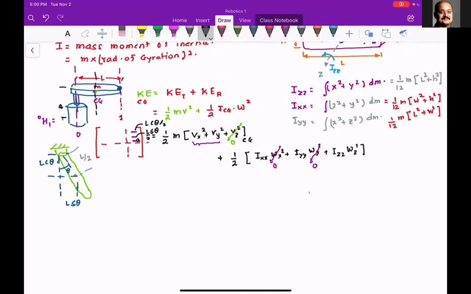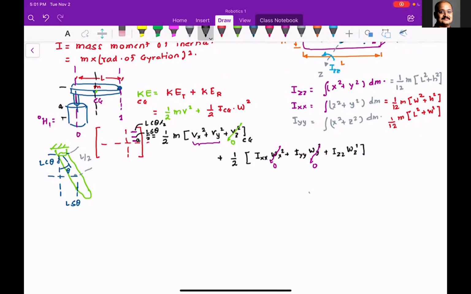For an example, in the project that you are doing, your robot arm is a very complicated shape. So what you have to do is select each body in SolidWorks, click on inertia properties, and it will give you 2 different types of inertia properties. It will give you inertia properties at the base frame, and inertia properties at the center of gravity. But then you have to make sure that the frame of reference for your kinematic diagram matches the frame of reference of SolidWorks and use the appropriate moment of inertia.